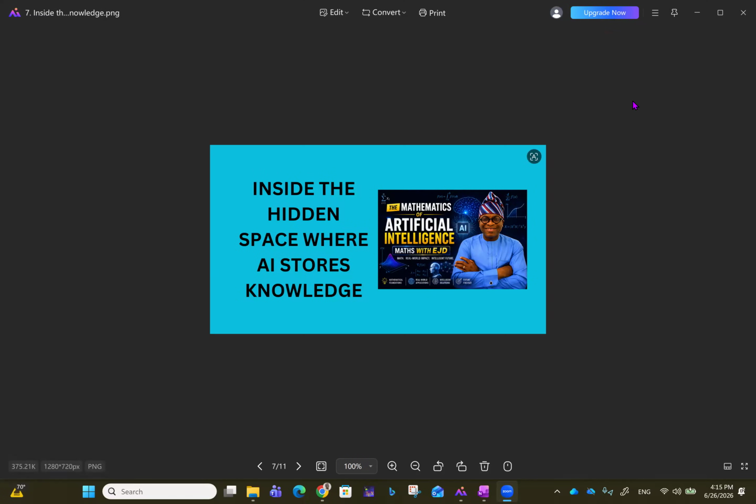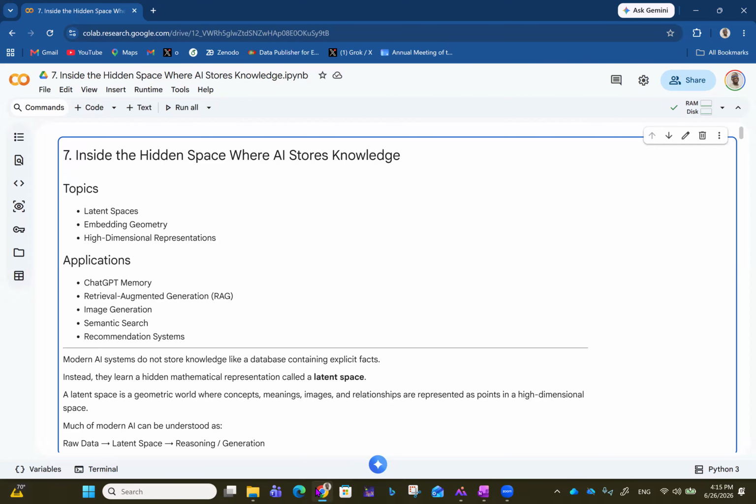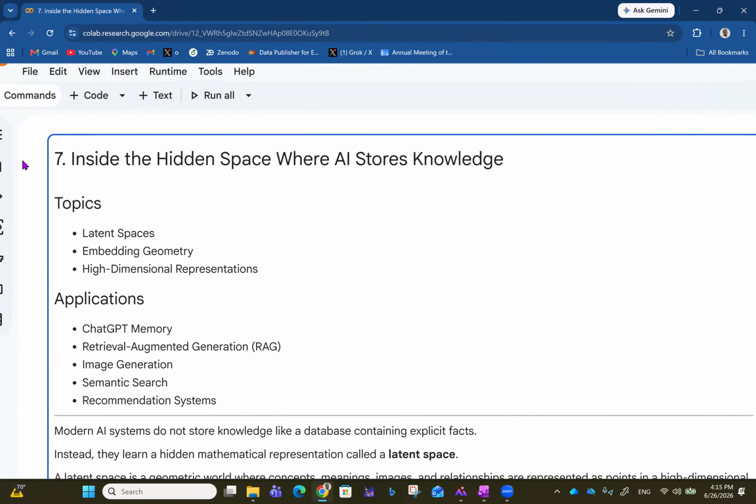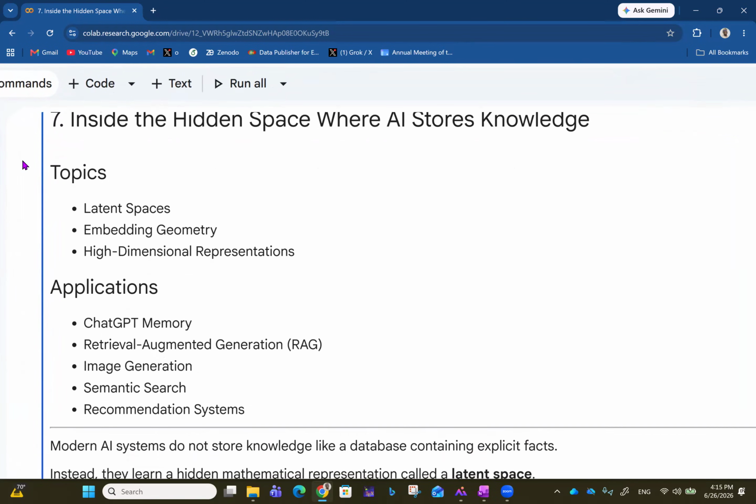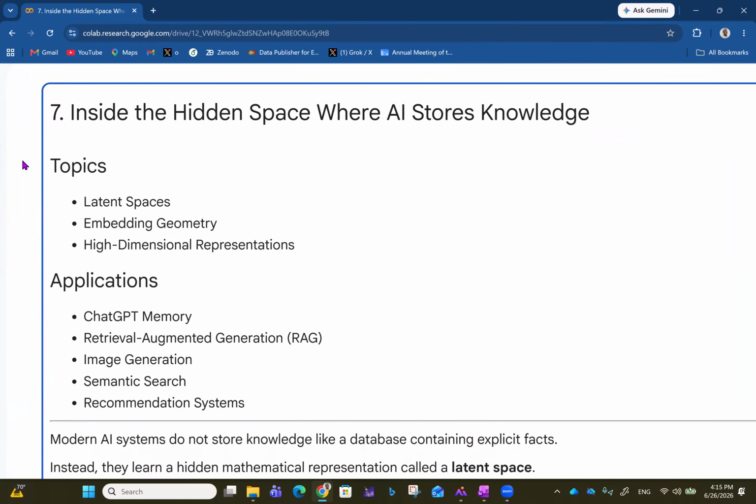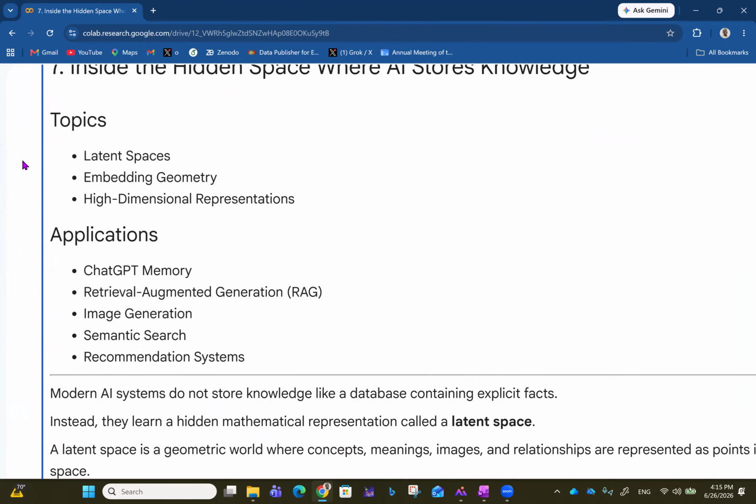Let's look inside the hidden space where AI stores knowledge, as we continue with the playlist on the mathematics of artificial intelligence. Inside the hidden space where AI stores knowledge. Here we'll be looking at topics like latent spaces, embedding geometry, high dimensional representations, and we'll see applications in areas like ChatGPT memory, retrieval augmented generation, which we've been talking about from previous videos, image generation, semantic search, and